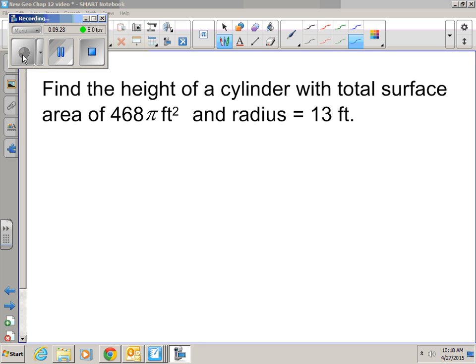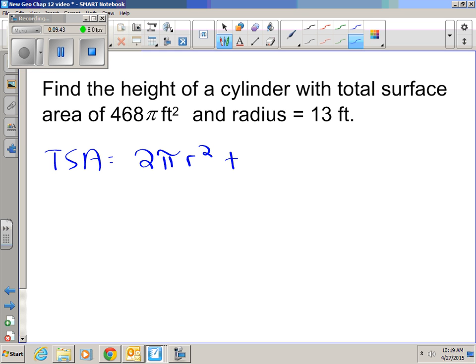So in this case, I want to find the height of a cylinder if I know its total surface area is 468 pi square feet. So I know that my total surface area is equal to the area of the bases, 2 pi r squared, plus the area of the lateral surface, which is 2 pi r times height. So I'm solving this for the height when I know my radius is 13 and the total